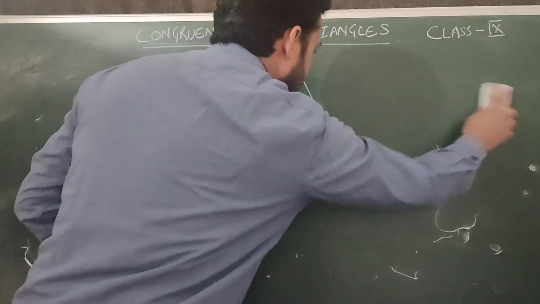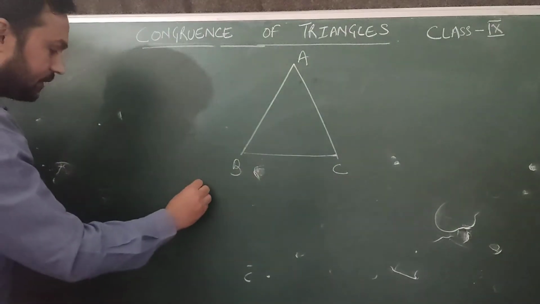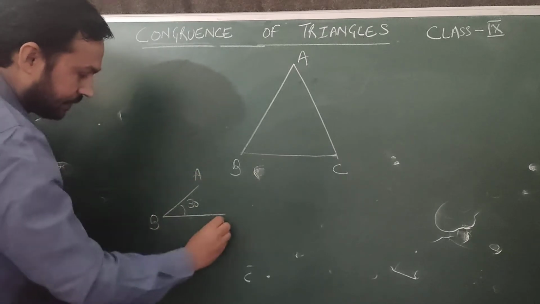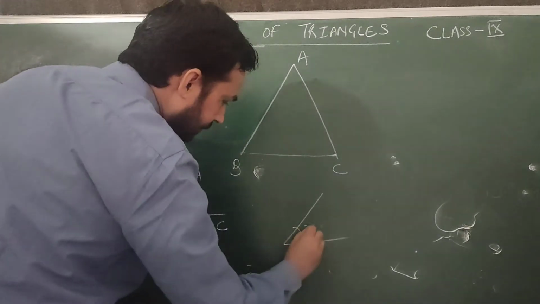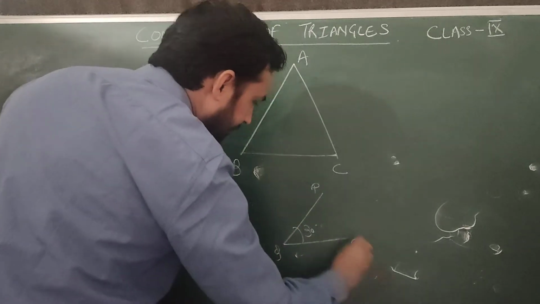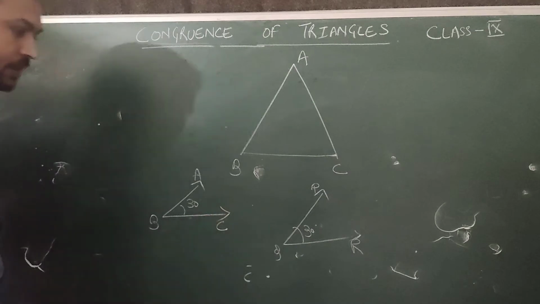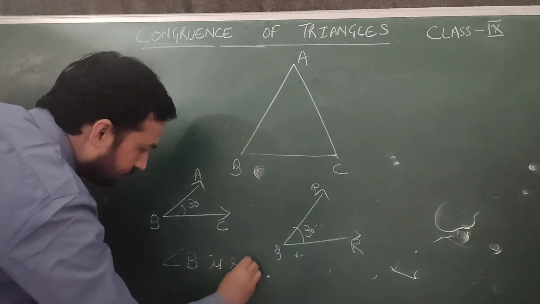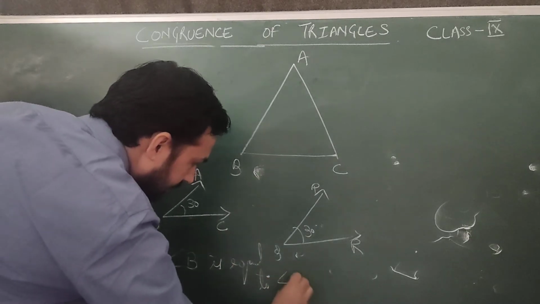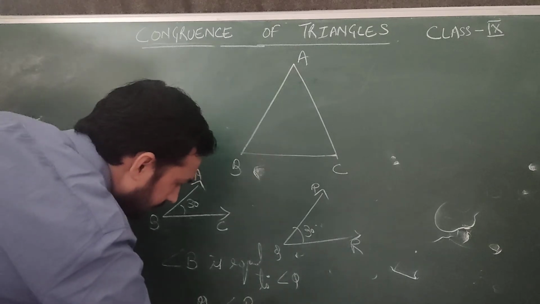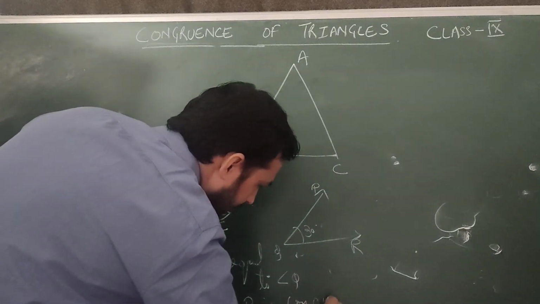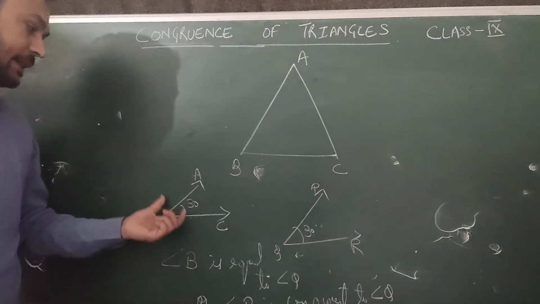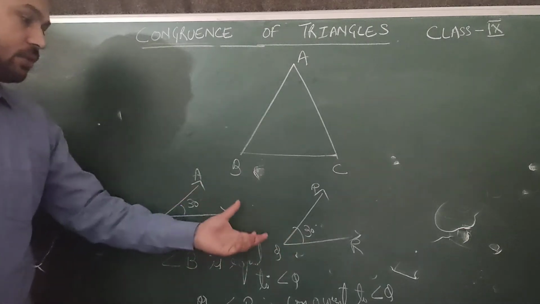In the same way, in class 6 again we learn that angle 30 degree, let's say this one, which is ABC, and there is another angle which is PQR. So we can say angle B is equal to angle Q, or angle B is congruent to angle Q. So this is what they are saying. If the angles are equal, we can say they are congruent also.